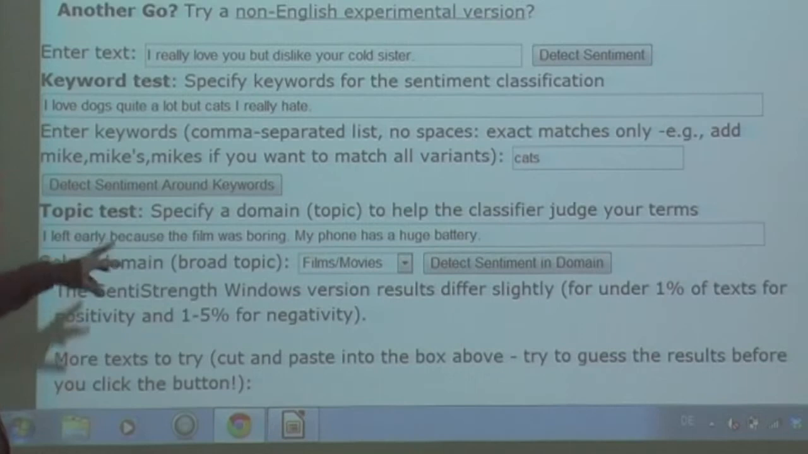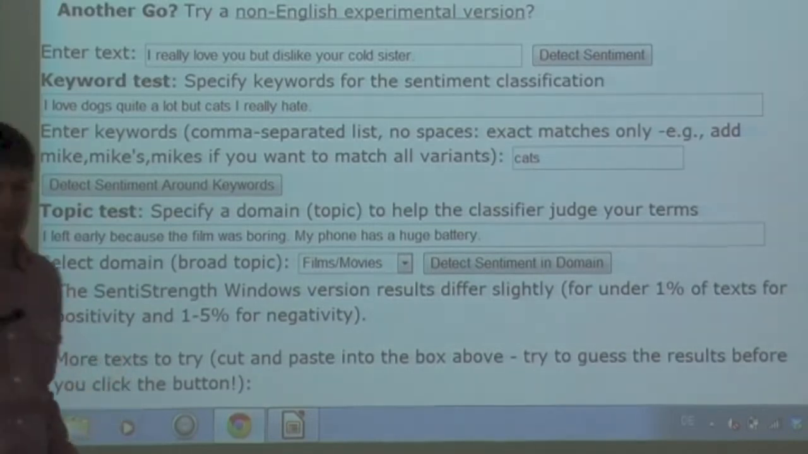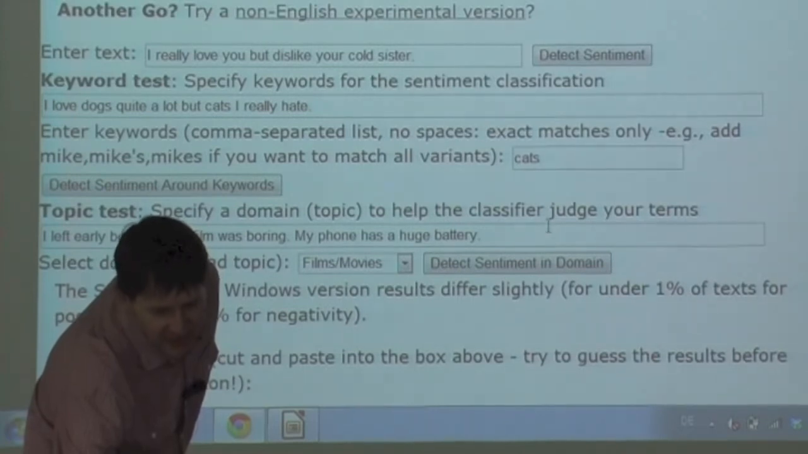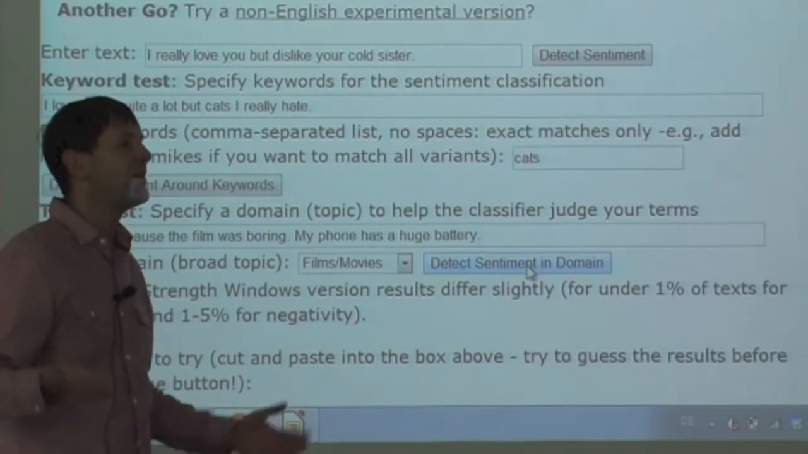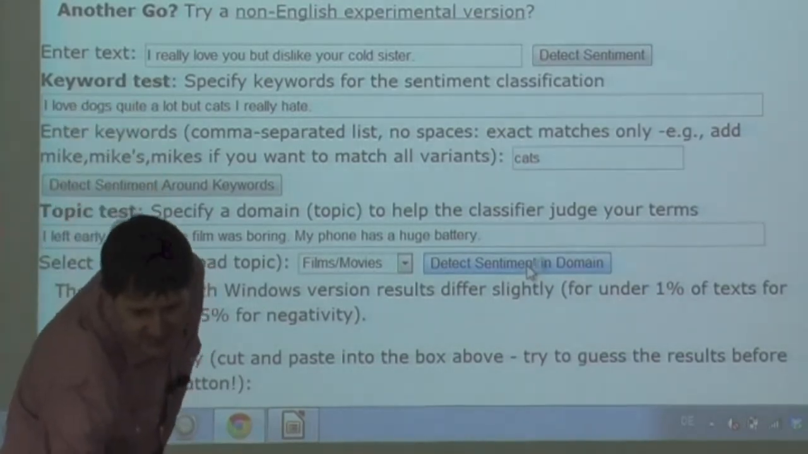So here, "I left early because the film was boring." If you're talking about a film, then this is obviously a very negative thing to say about a film. Almost the most negative thing you can say about a film was that you left early. Whereas if you're discussing other things in general, leaving early might not be a bad thing. "I went to the doctor's and I left early." Maybe that's a good thing because you got out quickly. So,